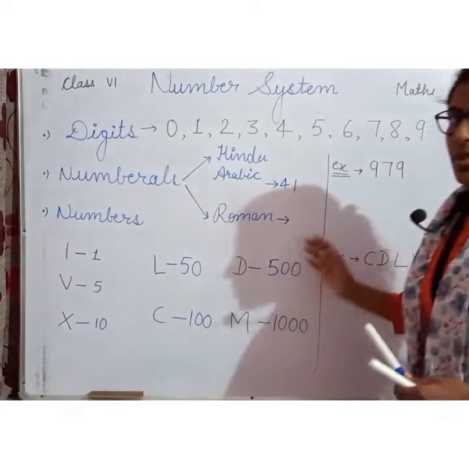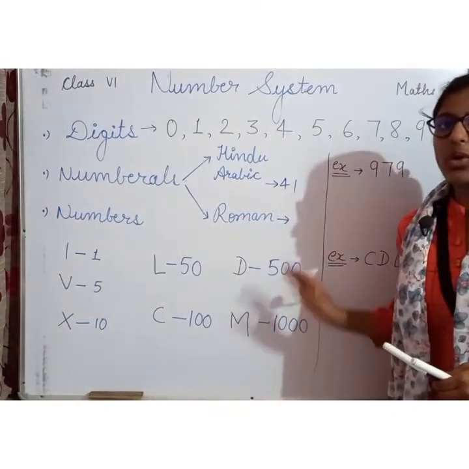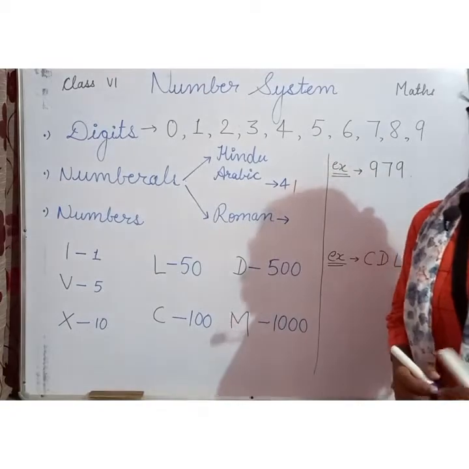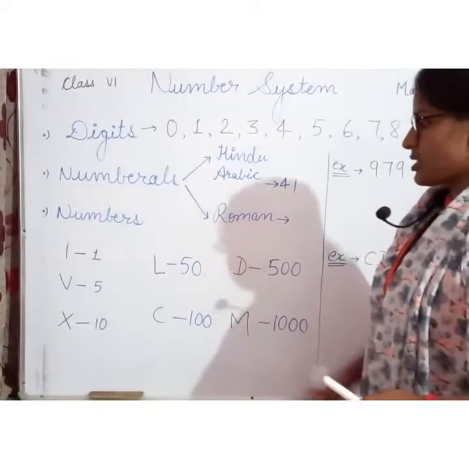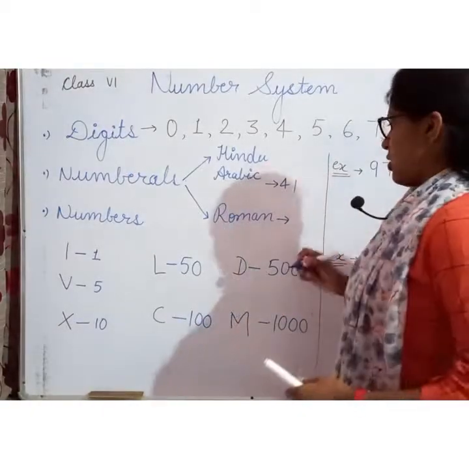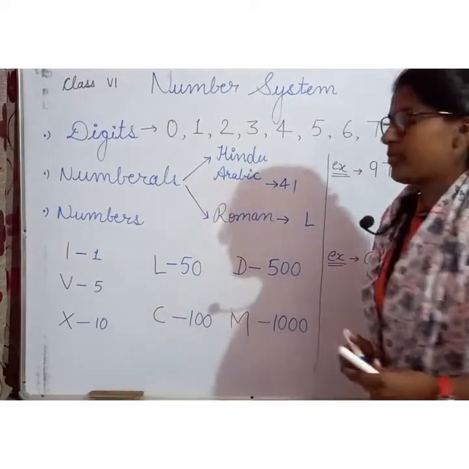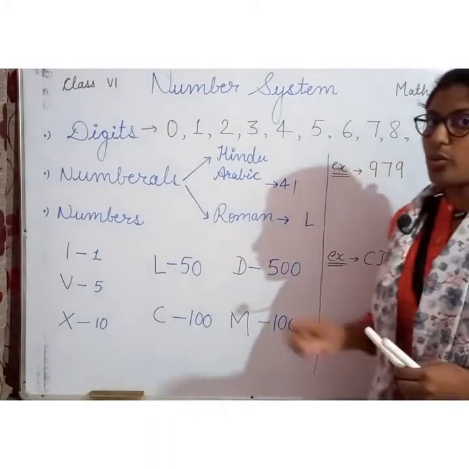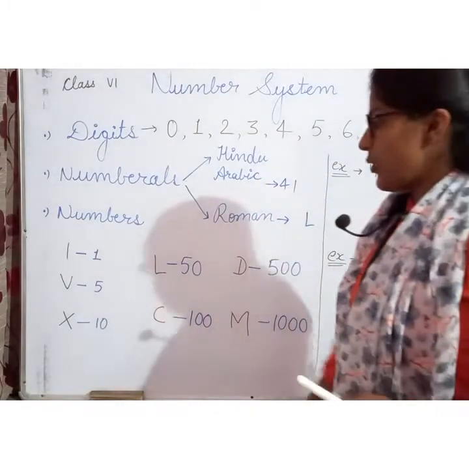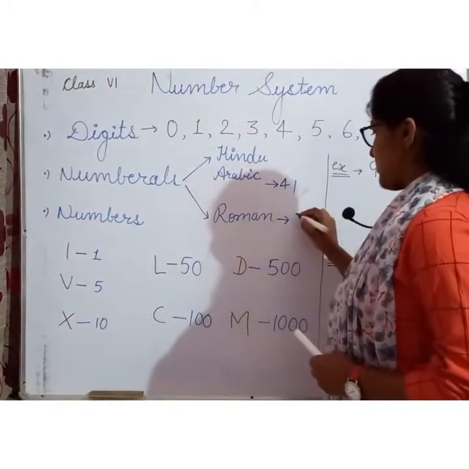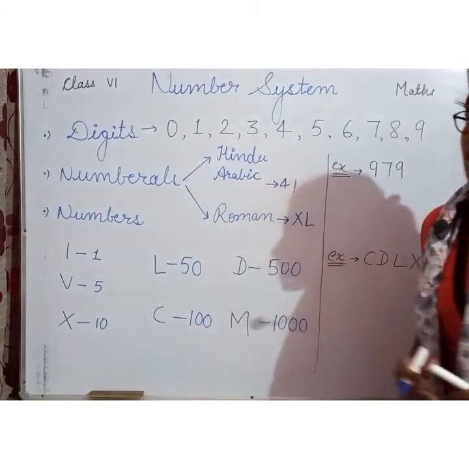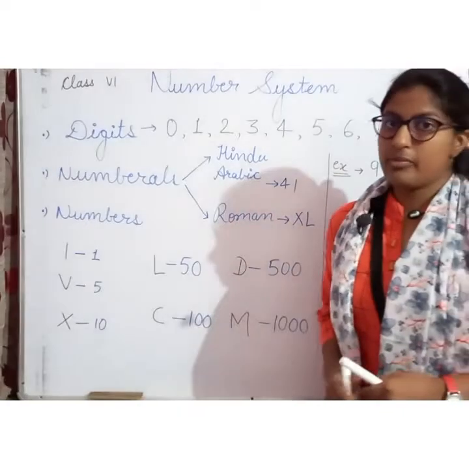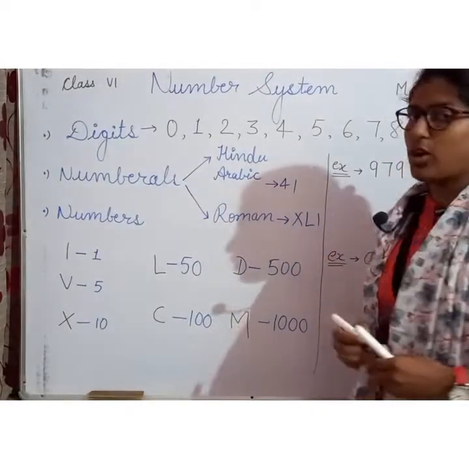Now, see here 41. You want to write 41 in the Roman numerals. So what do we use? We are using these symbols, just like L. Now, write here L. L means 50, we need 41, so we want to subtract something. We are writing on the left hand side X. It means 50 minus 10, 40. And plus 1, that is 41.